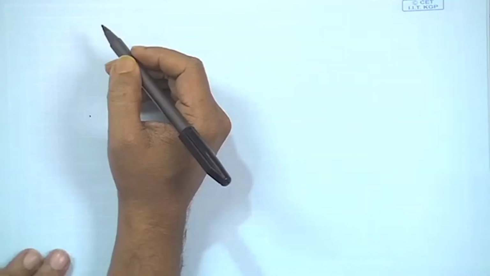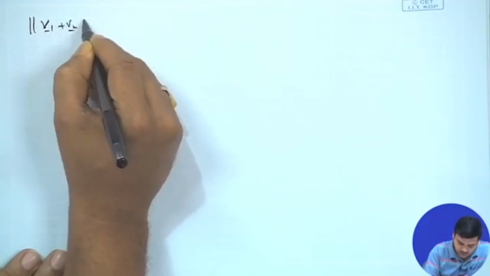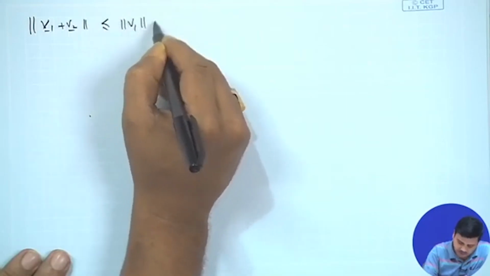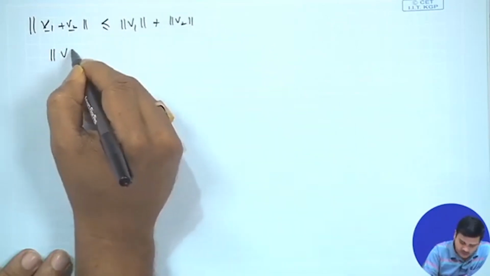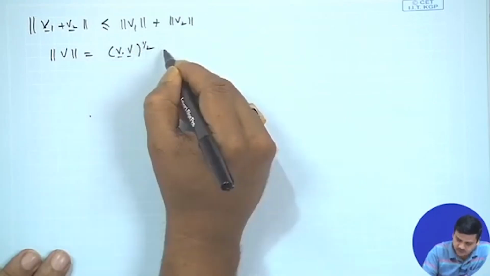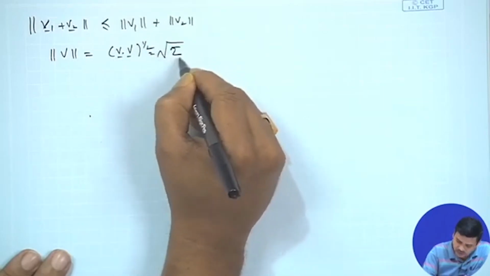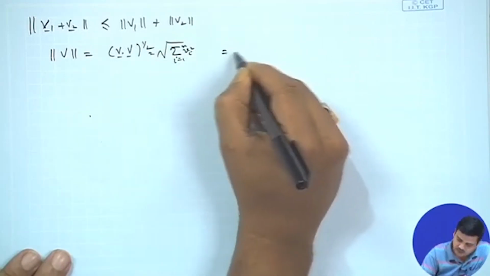Okay, so once we have that, then we also have the triangular inequality, which says that the norm of vectors v1 plus v2 is less than or equal to the norm of v1 plus the norm of v2, where this sign indicates the norm of a vector. It is the square root of v dot v, that means the dot product with itself, which is equal to the square root of the sum from i equals 1 to n of vi squared, right. So this is basically the length